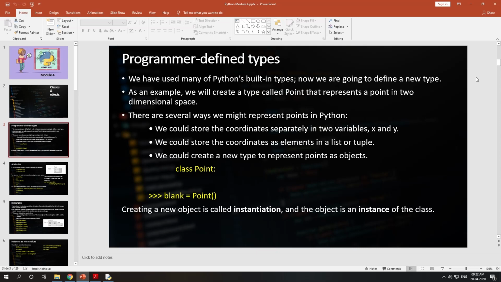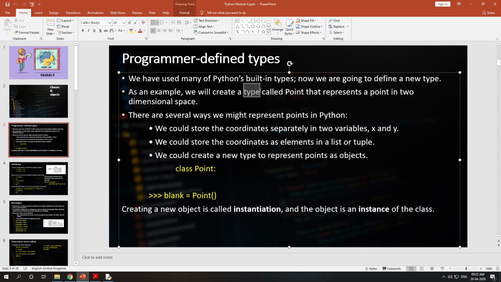This chapter will be very simple and very basic. There is no complex programming like the Java we studied in the 4th and 5th semester. Here there are only simple concepts: how to create a class and what to include in that class. No inheritance and so on for you, according to the VTU syllabus. As an example, we will create a type called point. So we will create a class called point. Type means class.